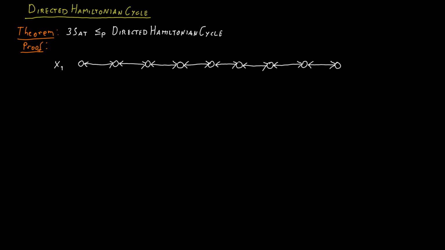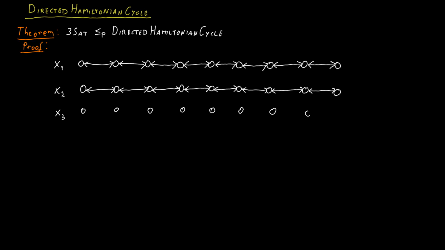What we cannot do, importantly, is move partway through the line and then go back. So we cannot start at the left, go to the middle of the line, and then return to the left. The reason is that in a Hamiltonian cycle, we have to visit each vertex exactly once, and in particular at most once. And what I just described, going to the middle and then back, would visit these vertices twice. So we need to construct such a line for each variable in our Boolean formula. So we have variables x1, x2, x3, and for each of these variables we construct such a line.